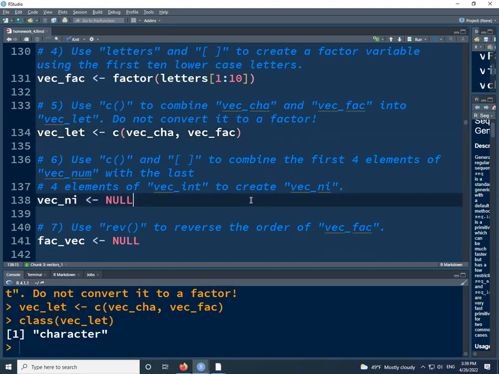Number 6, use the combine function and the subset operator to combine the first 4 elements of vec_num with the last 4 elements of vec_int to create vec_ni. Okay, so let's see. We want to use the concatenate function to combine the first 4 elements of vec_num. So we want to say vec_num subset 1 through 4, and then the last 4 elements of vec_int. So vec_int